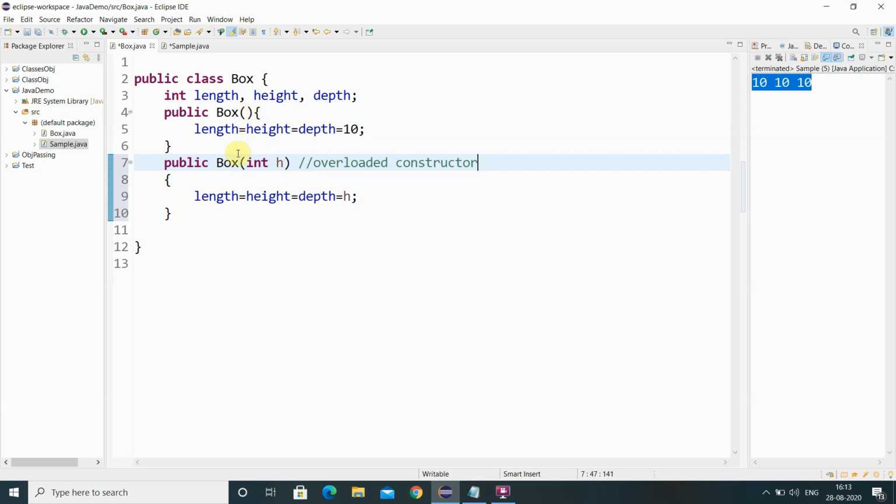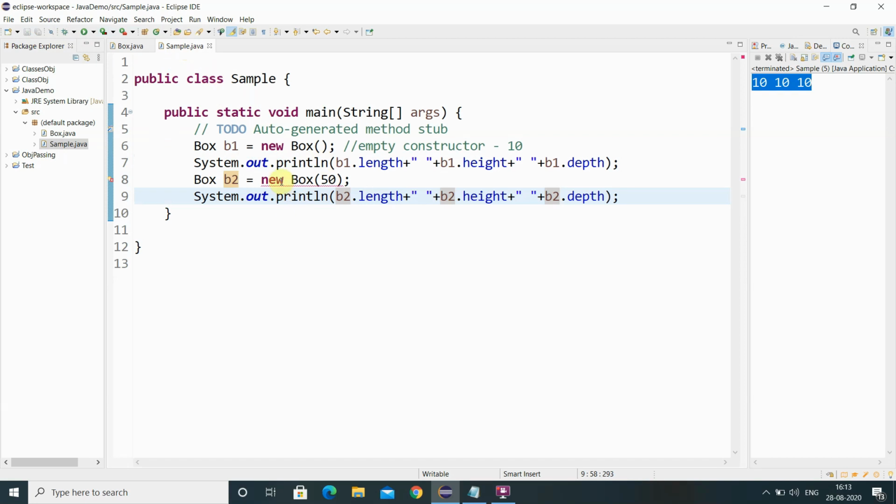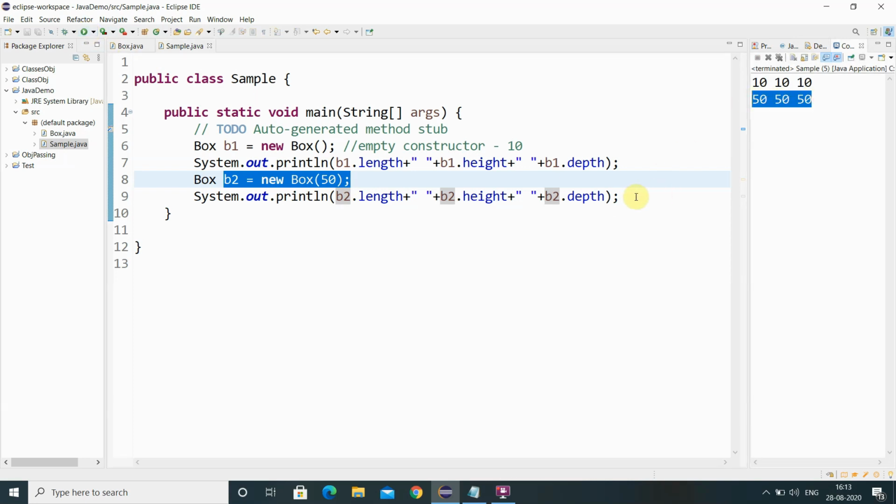So we have an empty constructor, and now a one-argument constructor. This object is initialized with the empty constructor, and that object is initialized with the constructor with one argument. Now we run it. All the data members are initialized with 50.